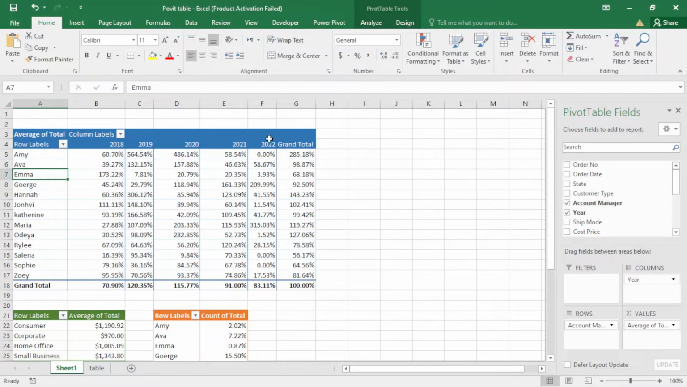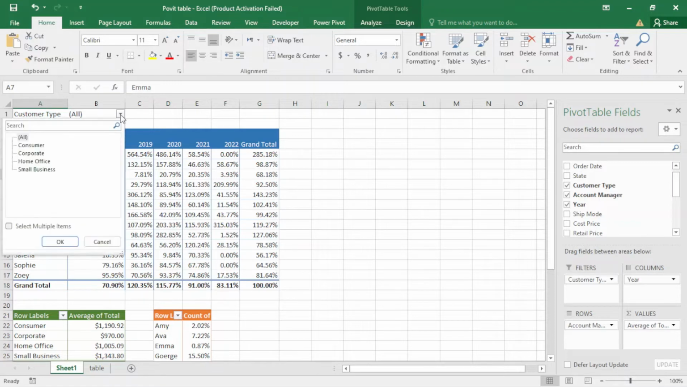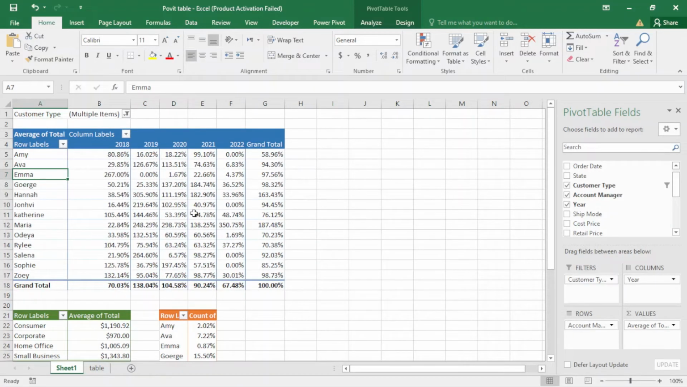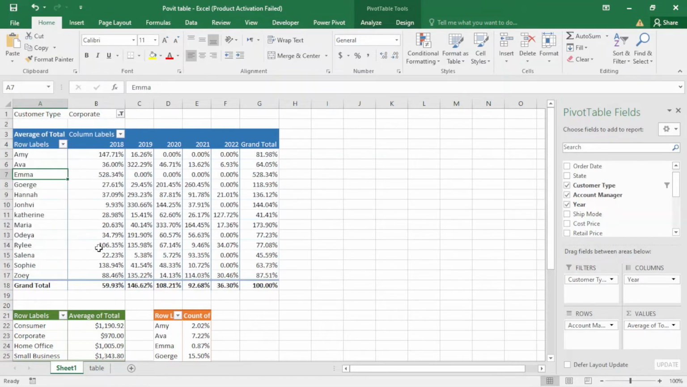For example, I want to filter this by customer type. I just select this and drag, put in filter. You can see I have now the customer type here. When I click here, you can see I have all of them. I can just select two of them and okay, you can see it's very powerful. I just want to have just one of them, corporate, and okay,